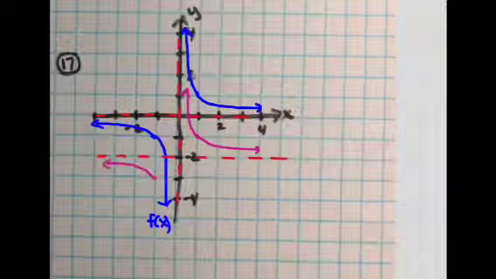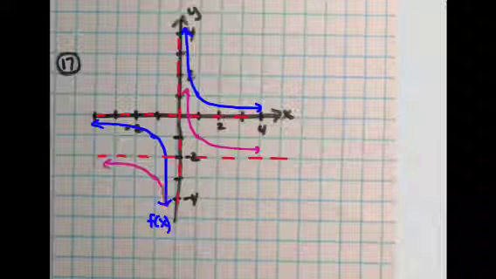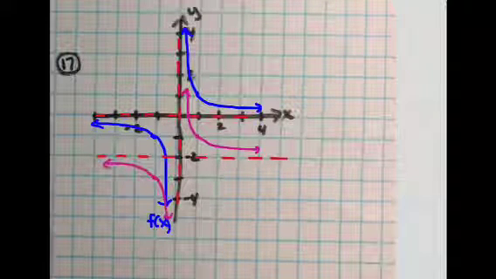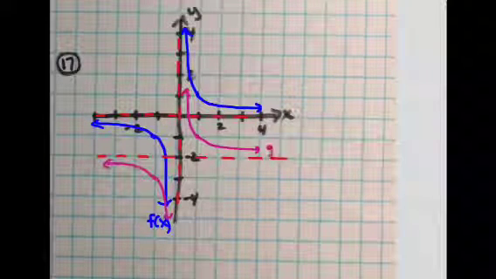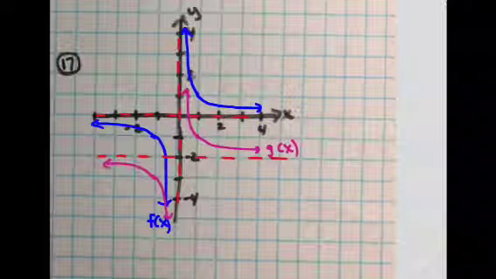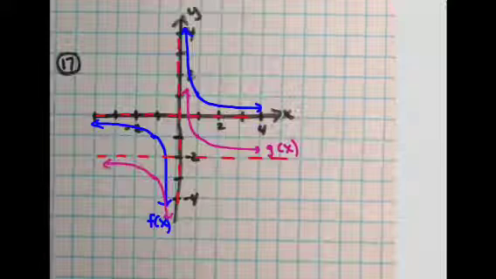Down 2 units. Okay, so the pink curves, the pink branches, that's g of x. I know this is going to be really confusing when I put the third one on, because it says that I'm going to move the